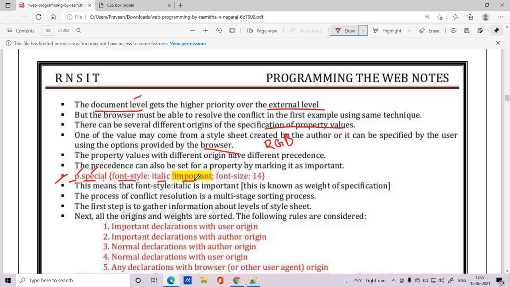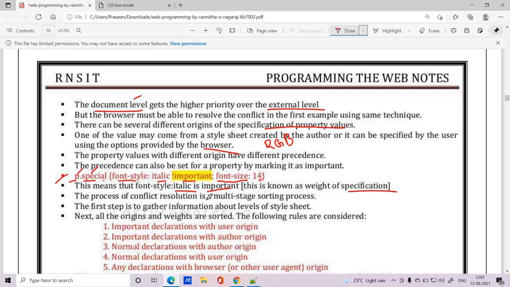We have mentioned something like important, and font size we have mentioned as 14. What that means is that the font style italic is important, and that's what we have specified.